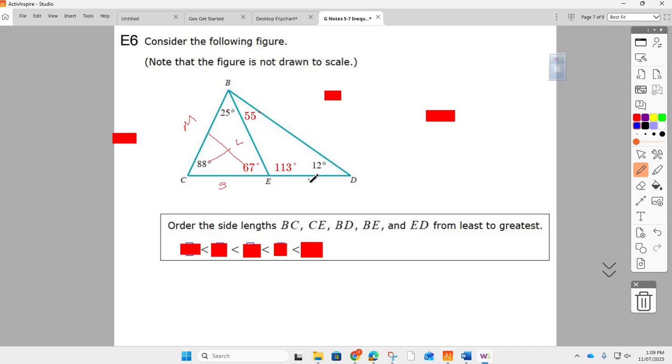That's not the smallest angle, though, right? Yeah. What's the smallest angle in that triangle, Kyle? 12. There you go. So what's the shortest side, Kyle? Is BD across from 12? No. BE. So that's the shortest side in the right triangle. What's the medium length side in the